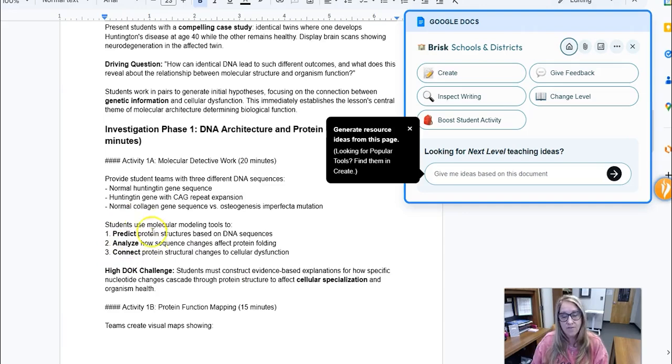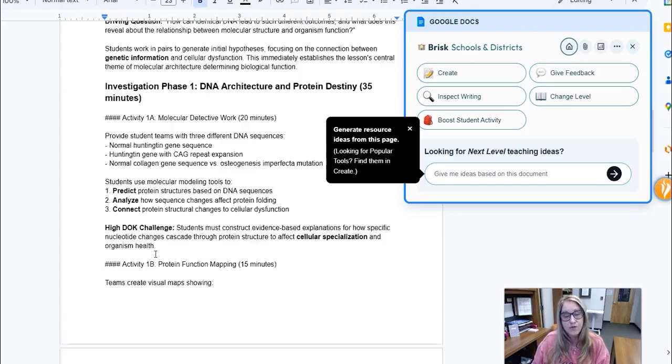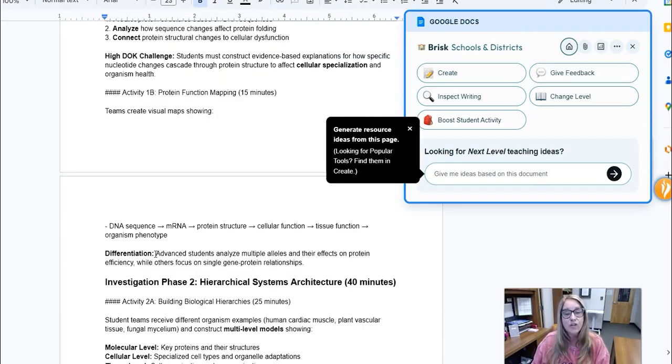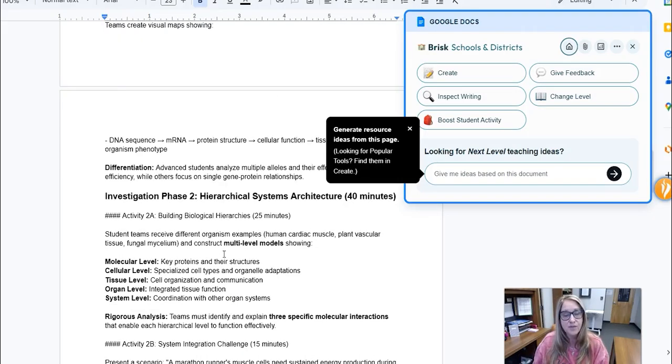It's using higher level thinking, which I also asked it to do with higher DOK challenges, depth of knowledge thinking. And then it also breaks down about how much time it's going to take. Then there's a protein function mapping, and it'll actually give you that mapping if you ask it for it. And it will tell you some differentiated instruction that you may need to do, some investigation with building